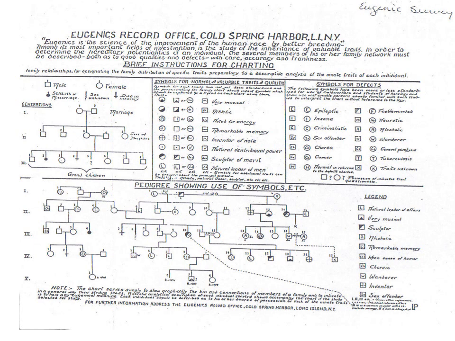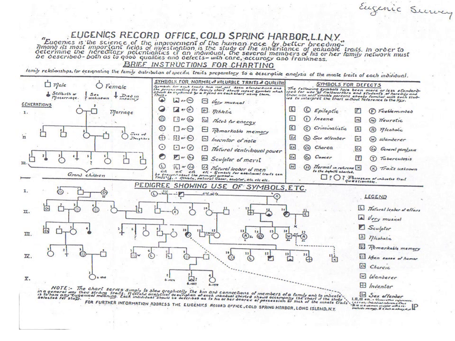These are things that people want in their heredity. Symbols for defects over on the right: epileptic, feeble-minded. What does feeble-minded even mean? I mean, think about that. These are such vague traits many times that really, again, like we said, anybody could be deemed unfit at any point in their life for being feeble-minded. Insane, neurotic, criminalistic, alcoholic, sex offender, wanderer, right? Somebody who just likes to travel a lot or can't set down roots. Chorea, and again, I've looked this up and I'm not actually sure exactly what it is.